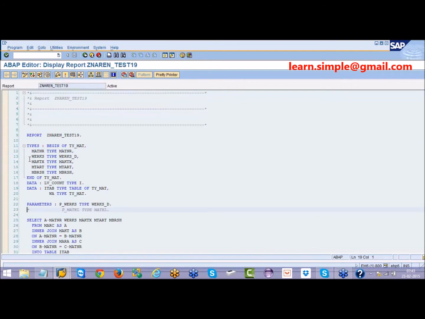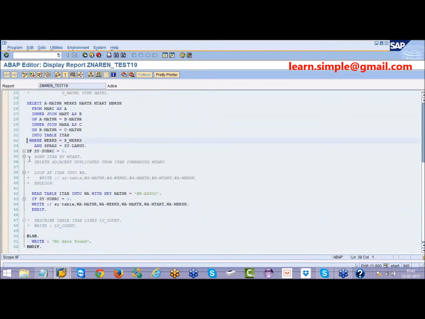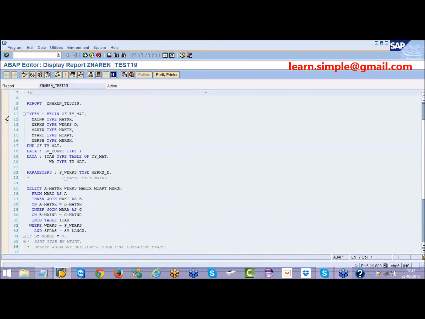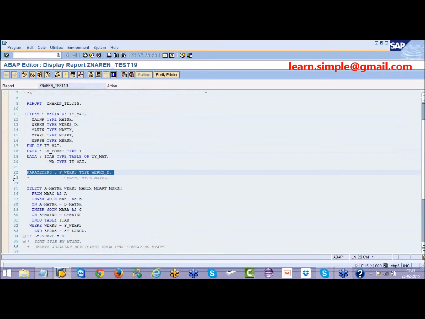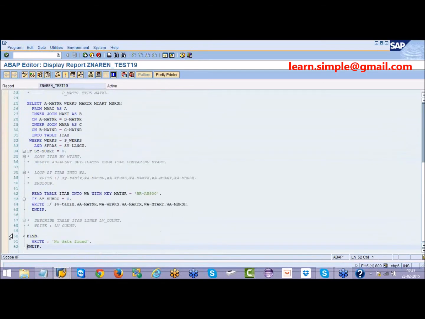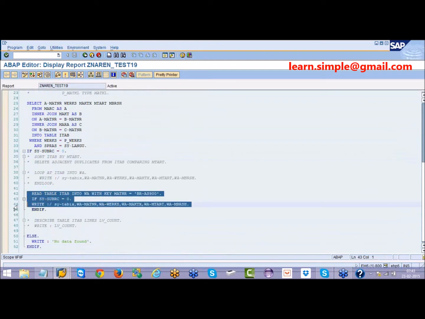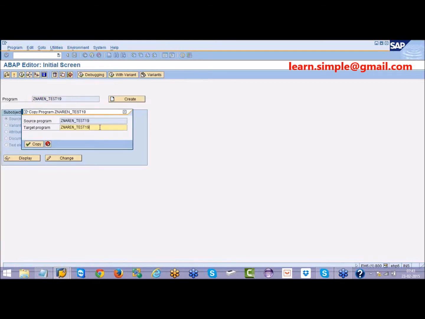See what we have done here. We declared one structure, internal table, and work area. We had some parameters. We have written a select query, and after that select query, we had some write statements and so on. Now I'll try to copy the same program and implement a subroutine for this.